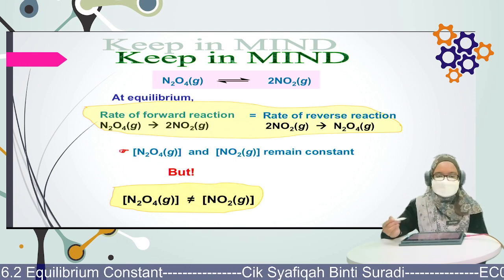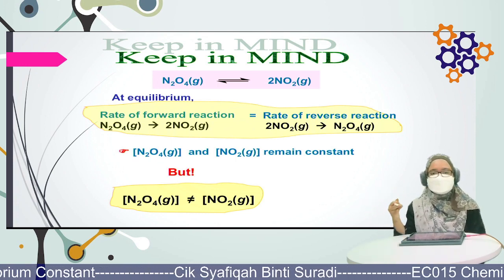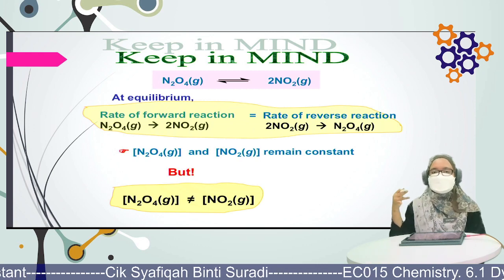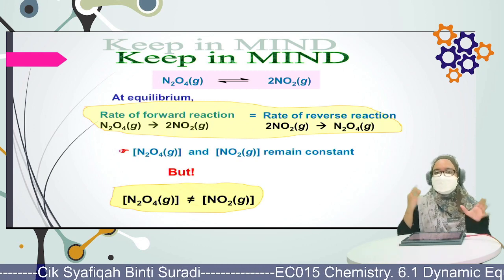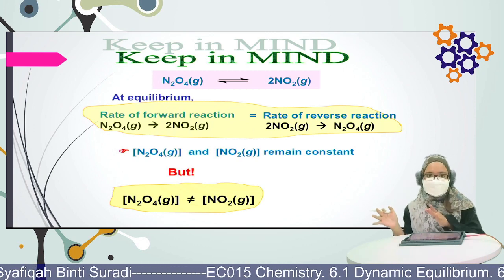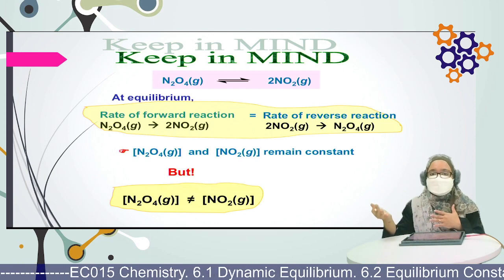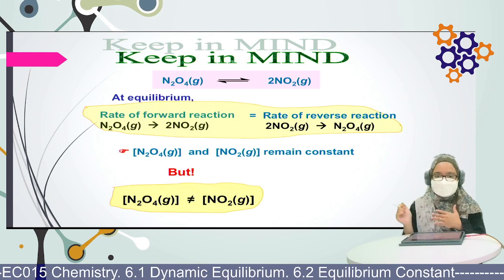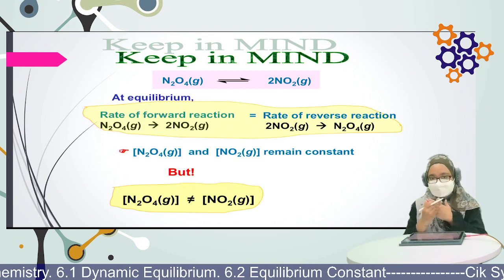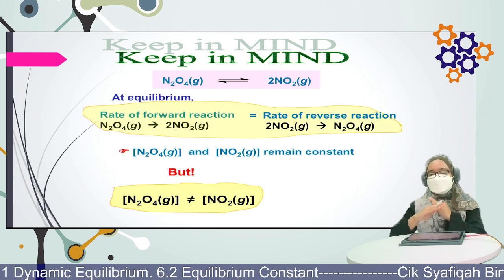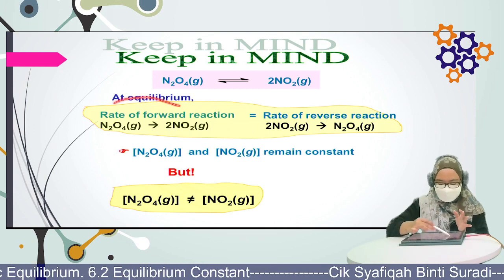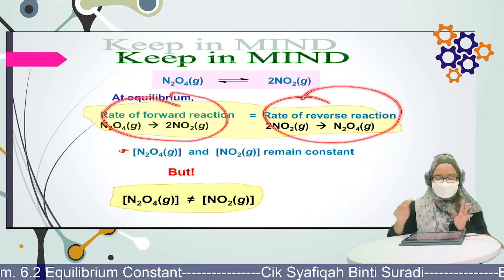Jangan tersalah lah, jangan kata disebabkan this reaction has achieved the dynamic equilibrium sebab rate of forward reaction dengan reverse reaction dah sama and this concentration dah remain constant, you kata dia sama pula dia punya concentration of reactant dengan produk, tak. Okay, concentration tak sama, yang sama hanyalah dia punya rate of forward dengan reverse reaction. Okay,